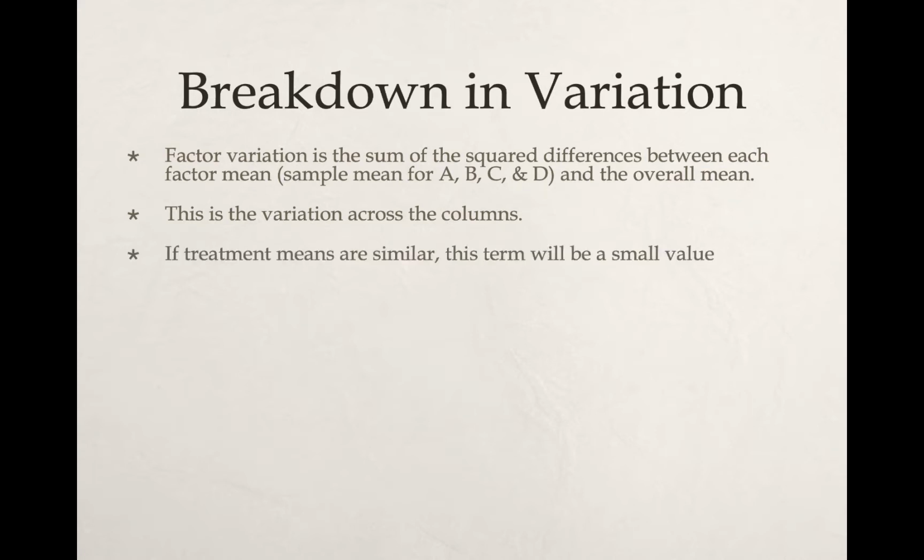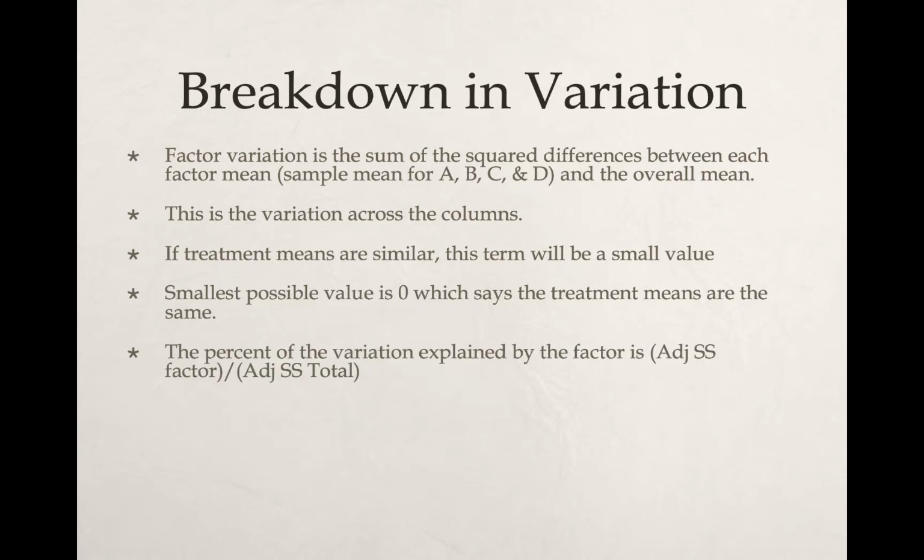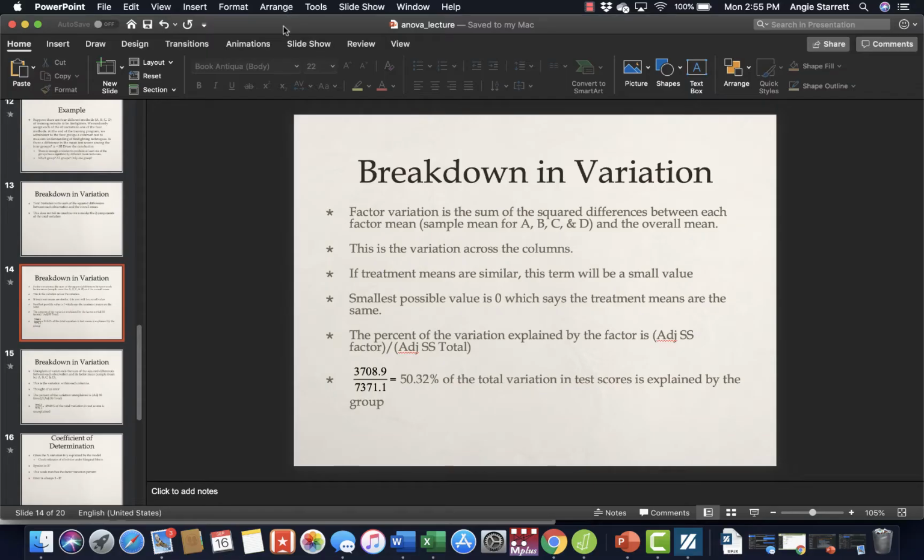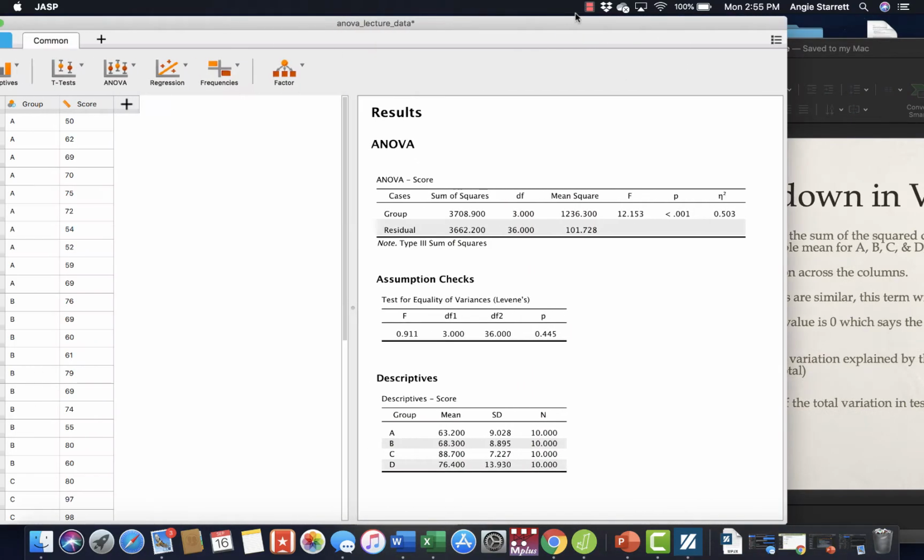If the treatment means are similar, so there's really not much variation, this term will be a small value. The smallest possible value is 0, which says the treatment means are the same. The percent of the variation explained by the factor is the adjusted sum of squares of the factor divided by the adjusted sum of squares of the total. That sounds really terrible, right? Not so much, because over here,